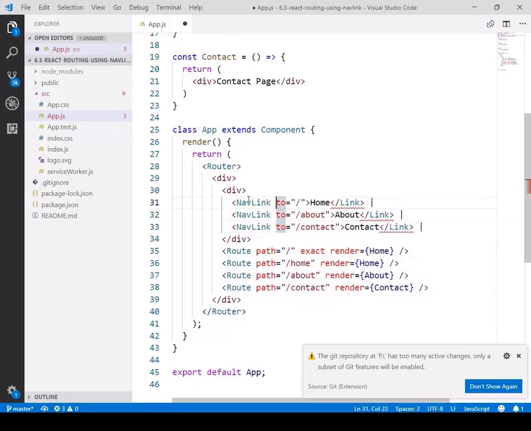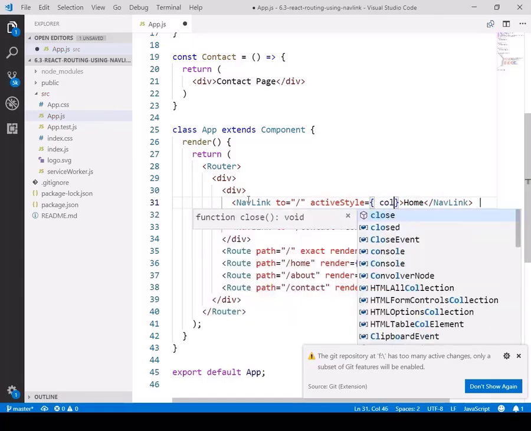Post that, we will not change this to property because we don't have to change the route. We just need to change the styling information. So once I replace this link with the nav link, I will keep some active styles. We have a property, active style, and you can also create a separate CSS and link it over here.